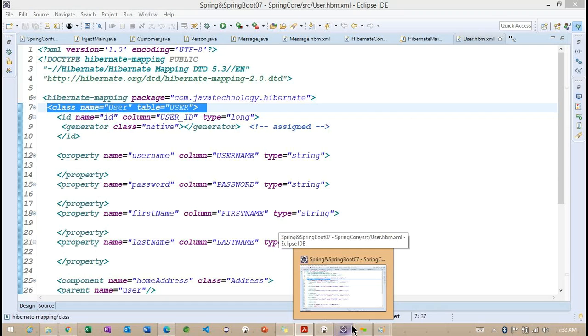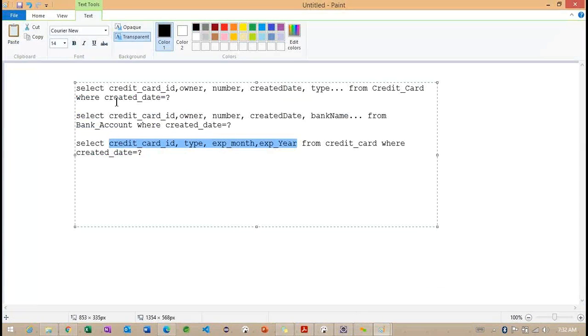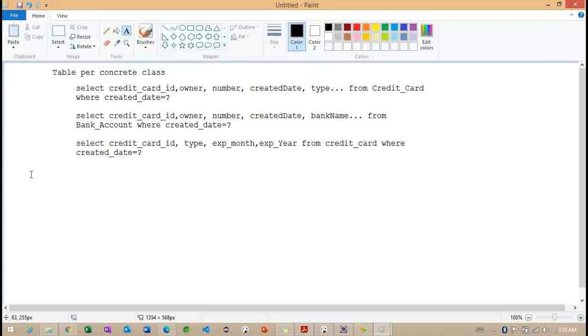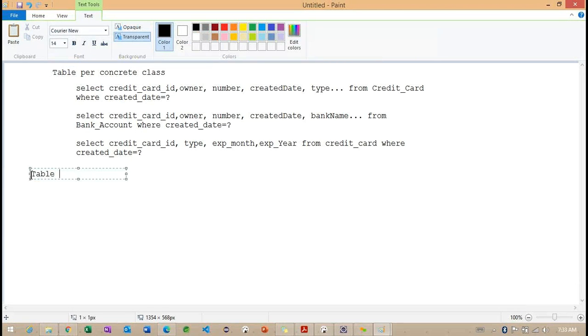The table per class hierarchy, how it's going to work here. Now we are going to work on the table per class hierarchy.